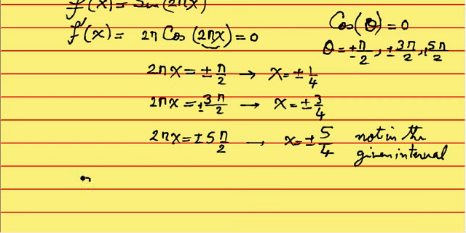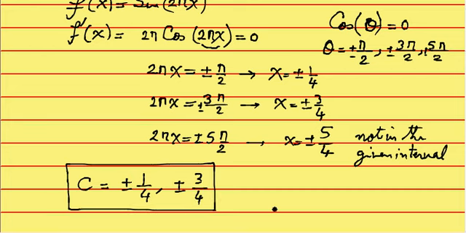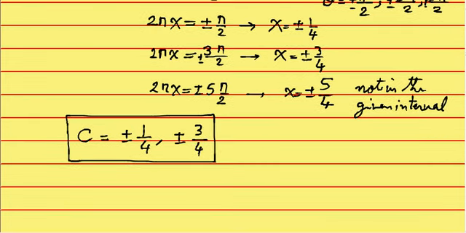So what are the candidates for C? C are these numbers, plus or minus 1/4 and plus or minus 3/4. That is the answer to this question. Okay, that was straightforward. Let's go to the next question that you guys raised, and that one is